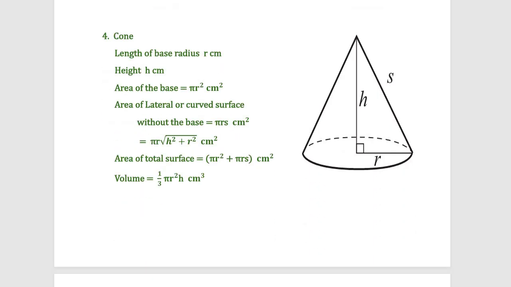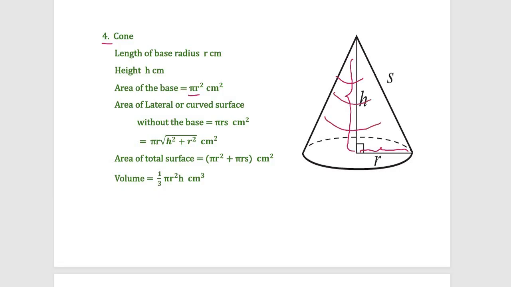Formula number 4 is for cone. The length of the base radius, which is this one, is r centimeter. The height of the cone is h centimeter. Then the area of the circular base can be found with the formula pi r square centimeter square. Again, the area of the lateral or curved surface, which is this one,